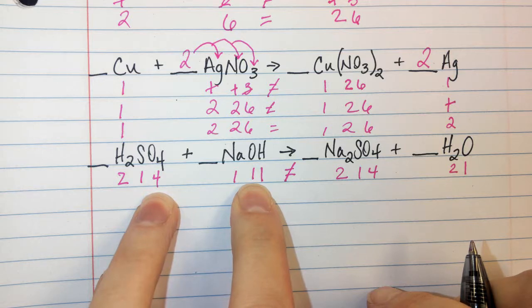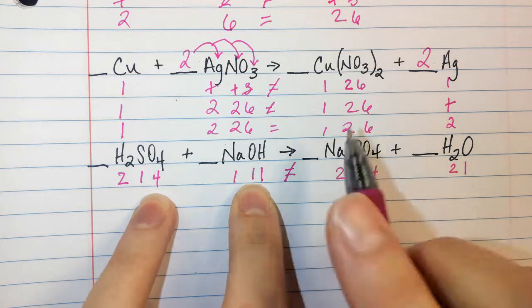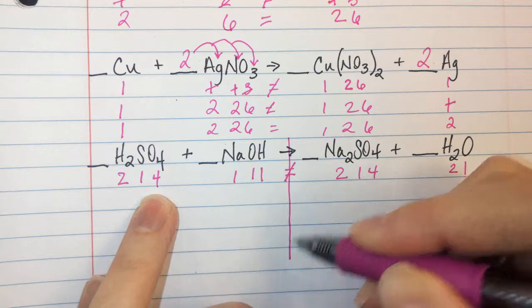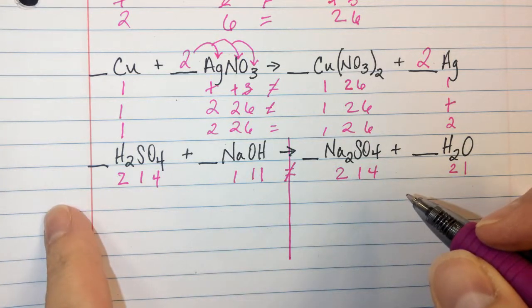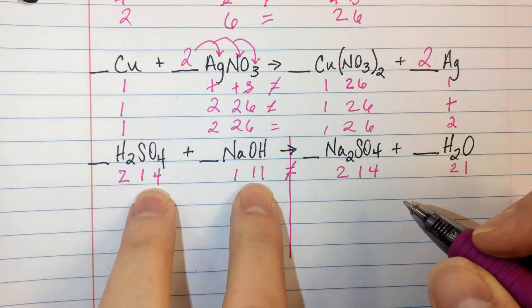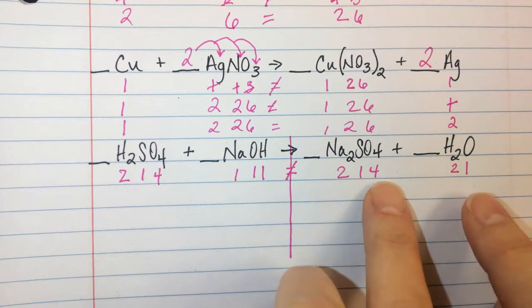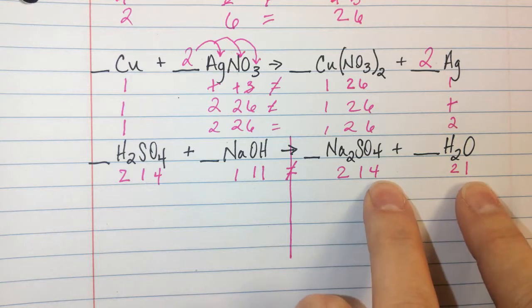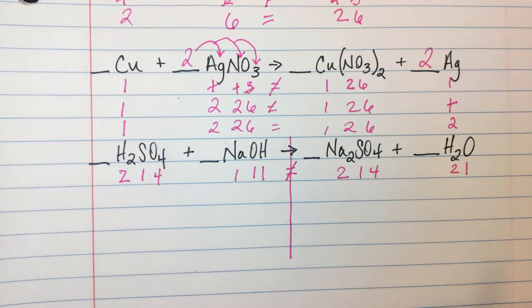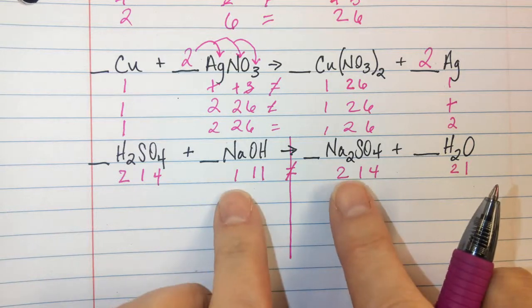Who's lost? Take this, make a wall. How many do I have on this side of the wall? 5. 4 and 1. How many oxygen total do I have on this side? 5. Okay? But sodium,